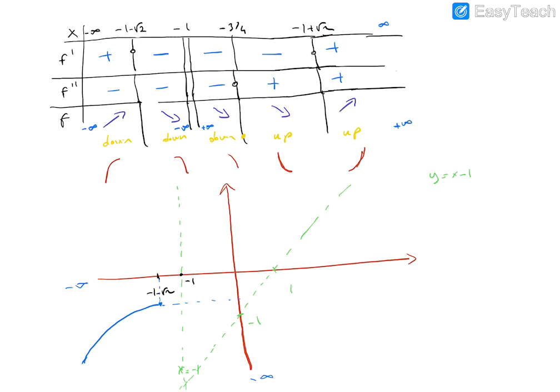After this point and until the minus 1, concave down and increasing. So the shape is like this one, and by increasing it continues until the point minus 1. From the left-hand side it goes to minus infinity. So the behavior is like this one. It goes to minus infinity by approaching the x equals minus 1 line. From the right-hand side of minus 1, the function goes to plus infinity. So by starting at plus infinity here, the shape is concave down and decreasing. It should be concave up. It is concave down. It is not possible.